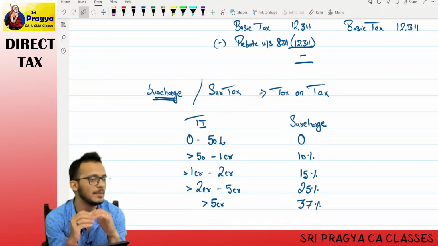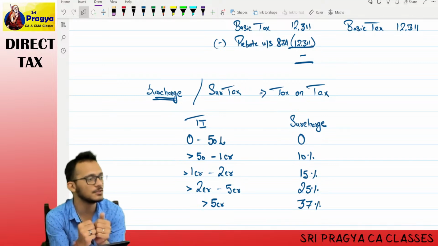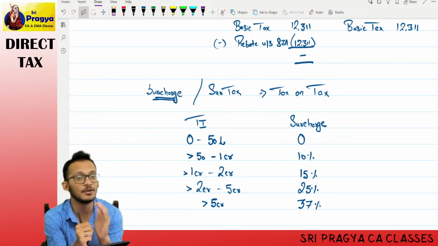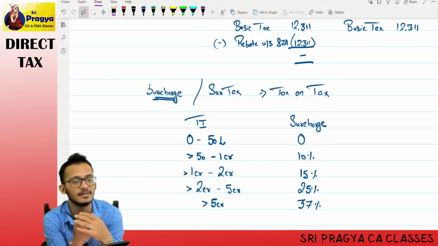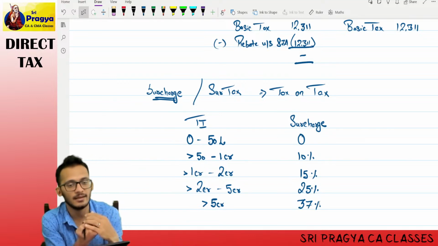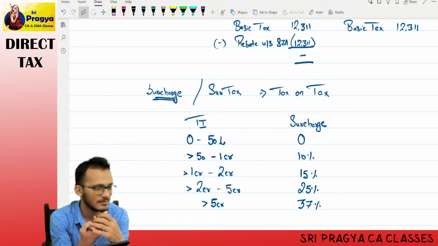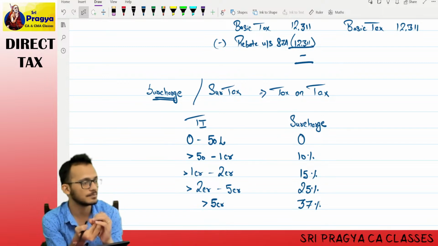What I told you, your basic exemption or your slabs will remain the same. Now, because you're found to be rich, there is a special provision for you. In that case, I don't have to put a slab on you. This is a flat case. I don't have to give you examples. It is there in your questions. Let's now take your questions and see how to do it.